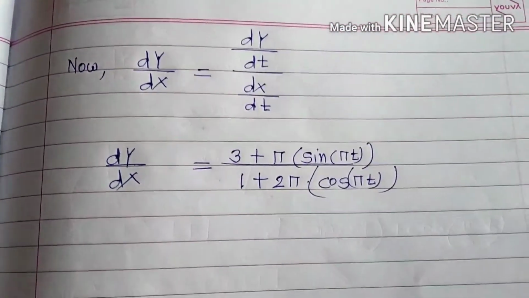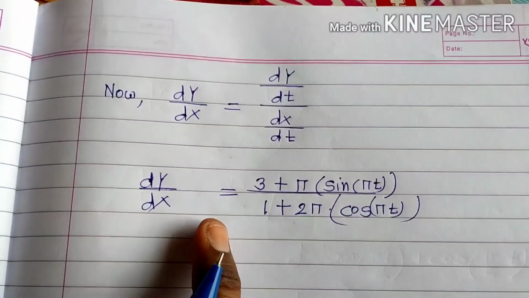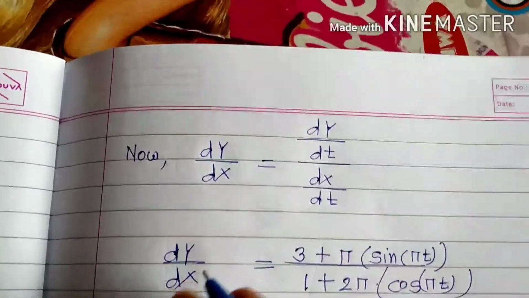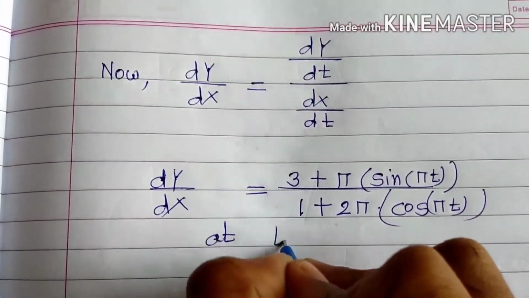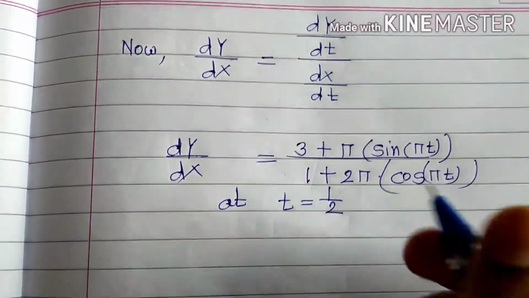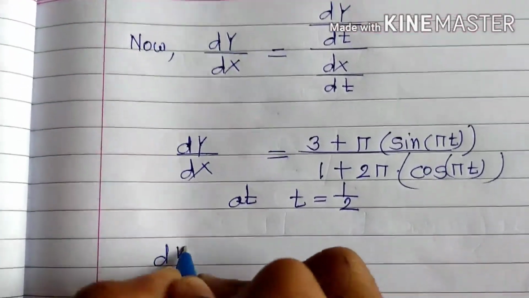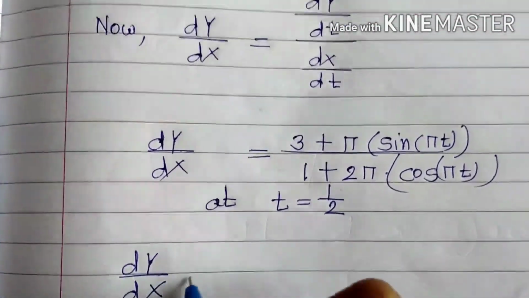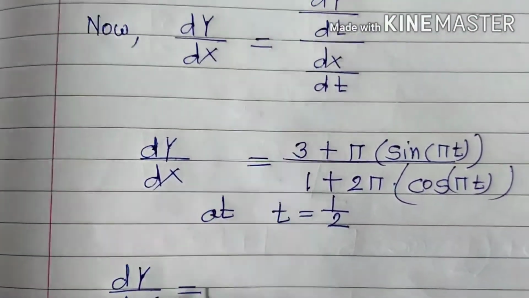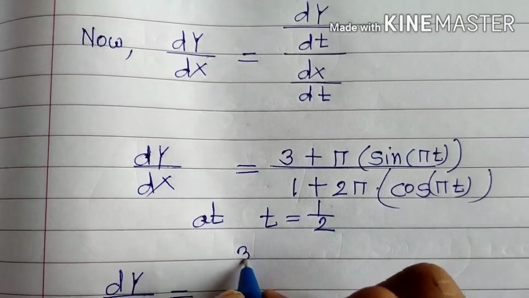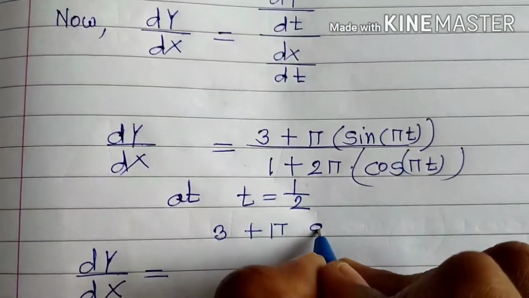Now here we have to find the value of dy upon dx at t equal to 1 by 2. So put t is equal to 1 by 2, you get three plus pi